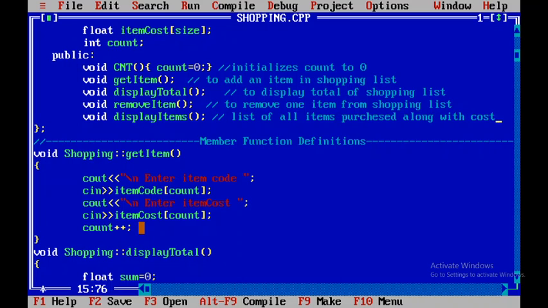So whenever we call this method again, the count value will be 1. Next time you call get atom, count value will be 2. Like this, we will increase the value of count by 1 every time after adding one atom into our shopping list.